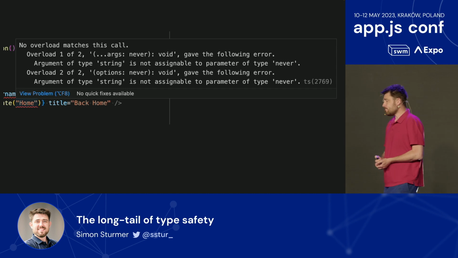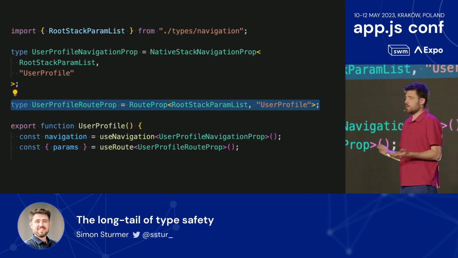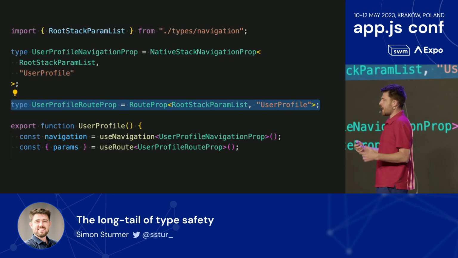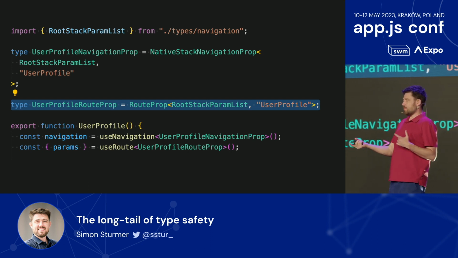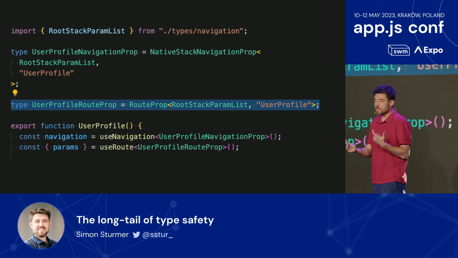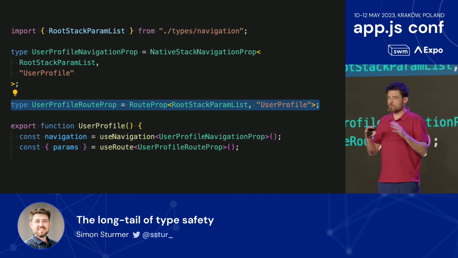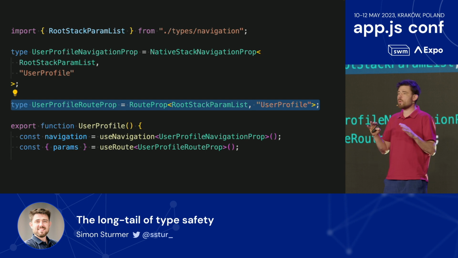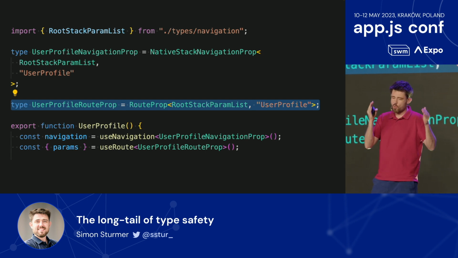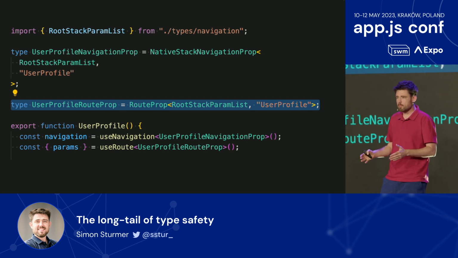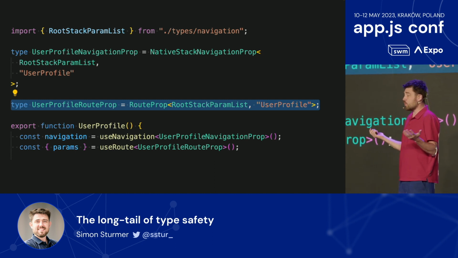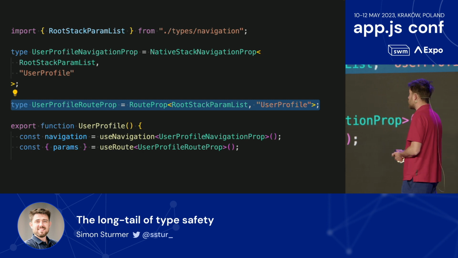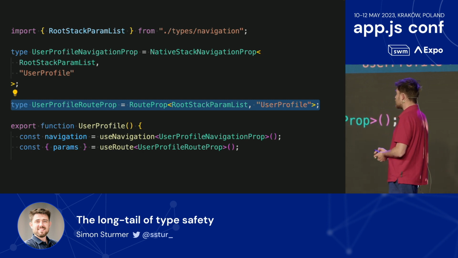So what do we do? Well, we go to the docs and ask what the official way to add types is. And you end up writing code like this, right? You've got the root stack param list, and all these utility types to describe the navigation, so you end up having to describe it twice: once in the type system and another time in the JSX. Anyway, it works. This is the norm. This is the status quo. This is what we do to make it all work.